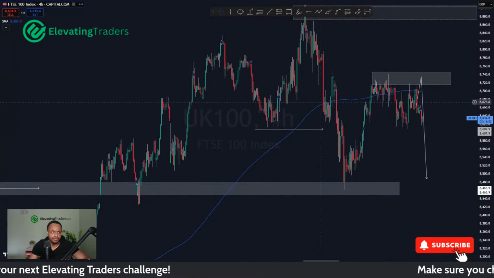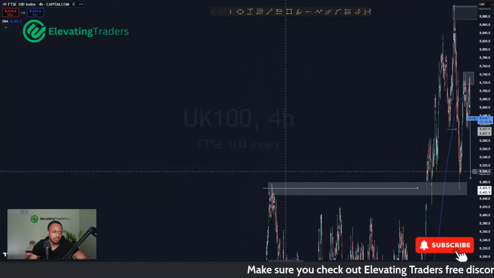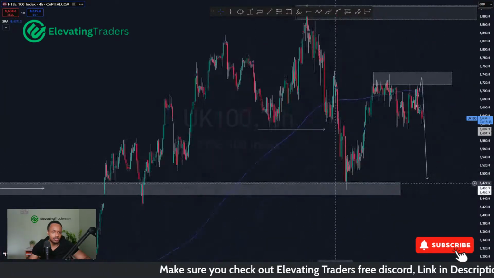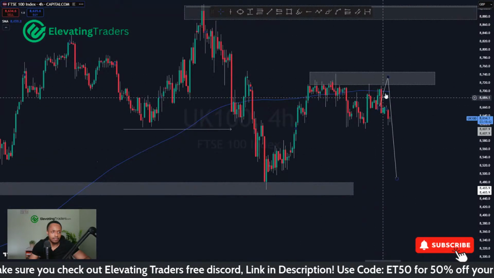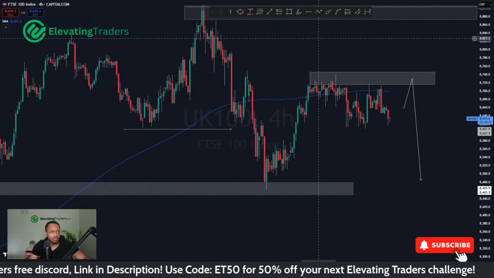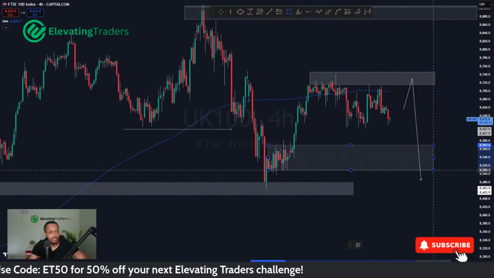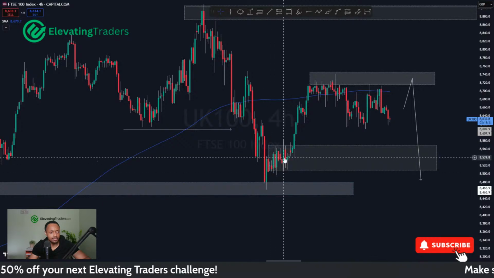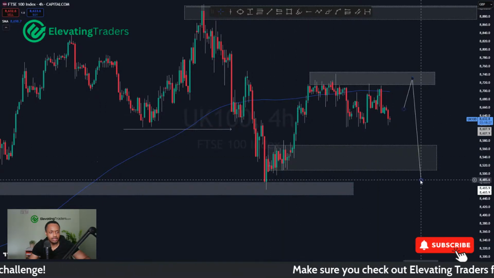So nice swing, respected some resistance here on the left, turned support, nice move up, and then looking for a lower high. We've got the 200 as well. It's always a nice confluence for the indices. So looking for price to roll back over, perhaps come back and test support again. I think at least come back and test this range here. Nice tight knit range, beautiful break to the upside. Do you think price can at least come back and test that?